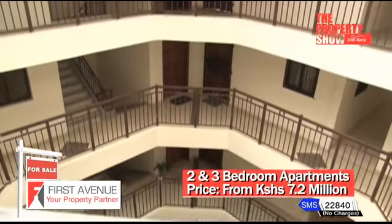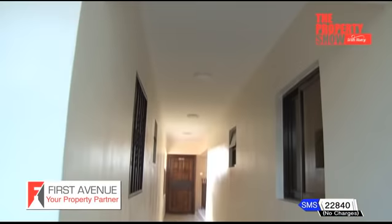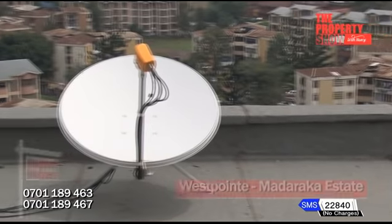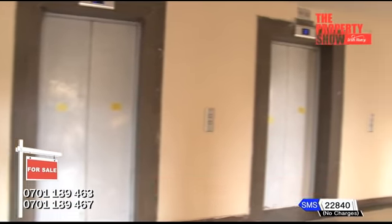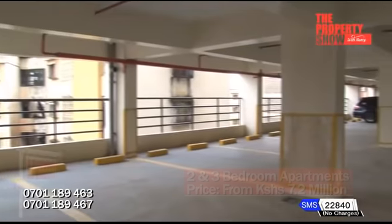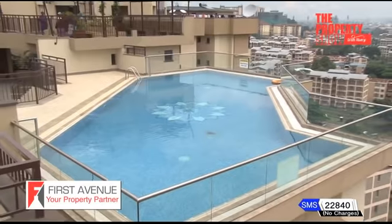The building is octagon shaped, creating space for each apartment's entryway, wide corridors and spacious stairs. The salient features include internet and DSTV connection in each apartment, 3 high-speed lifts with an extra one designated for the parking silo, parking silos with designated spots for each apartment plus extra parking space for the visitors, swimming pool